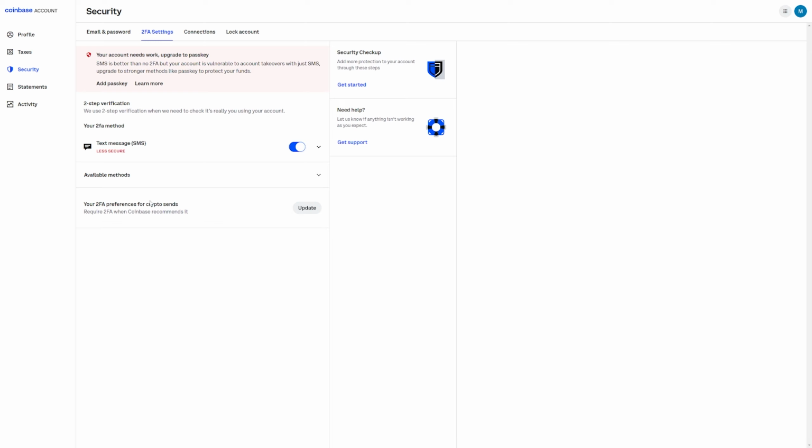You can also click on this, which requires the two-factor authentication, for example, like the Authenticator app, when Coinbase recommends it. For example, if you're withdrawing money to your account, or buying a certain crypto, selling a certain crypto,